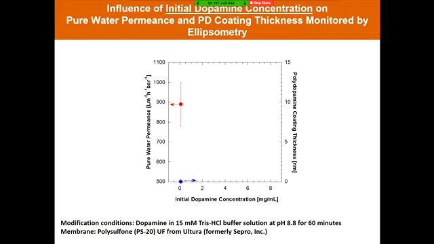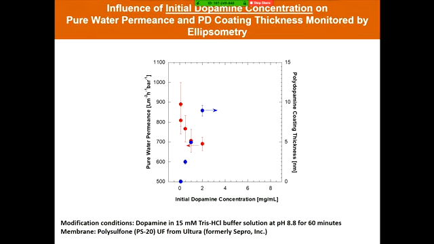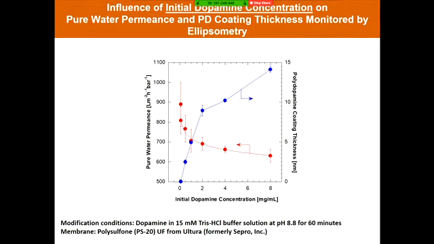This is important because you can also study the effective thickness of this coating on the surface of membranes and the water permeability or water permeance through the membrane. And as you increase the extent of coating, the membrane water flux drops, and that's not a property that you want.